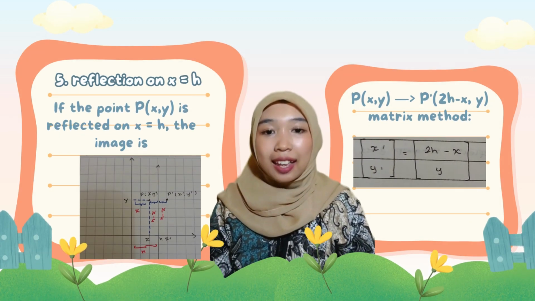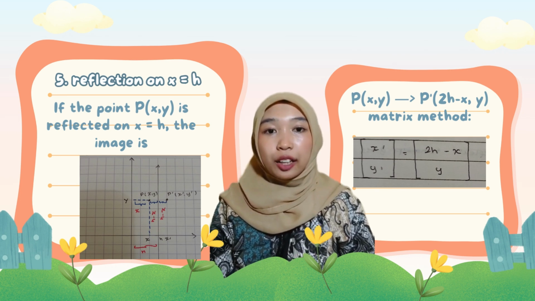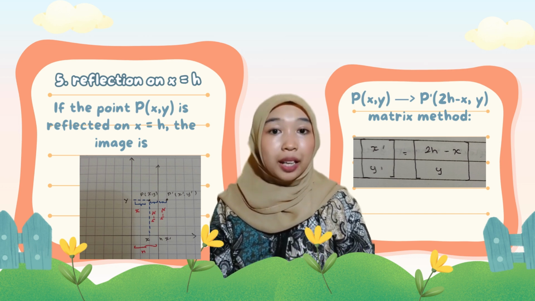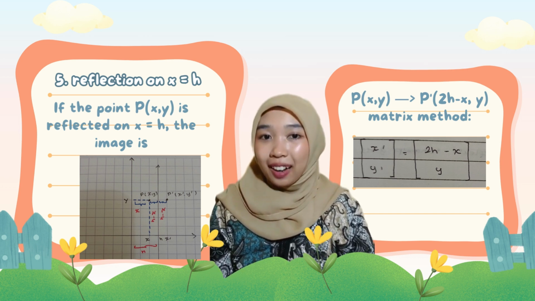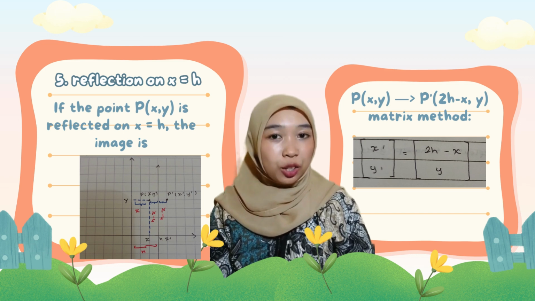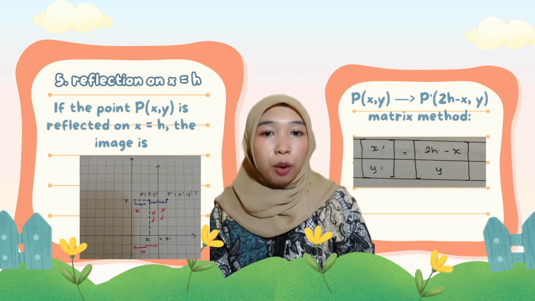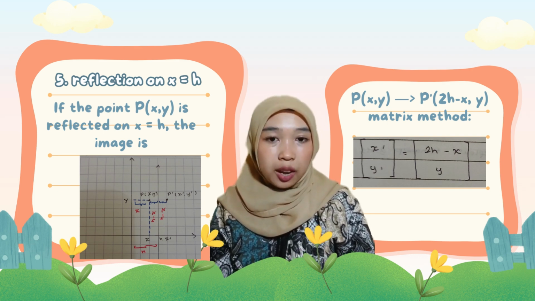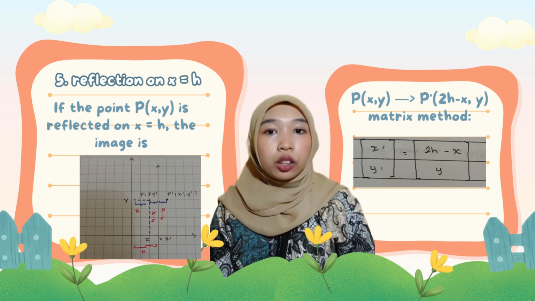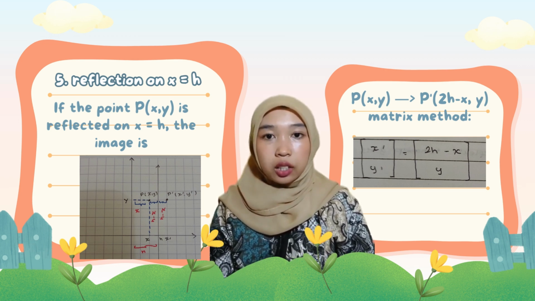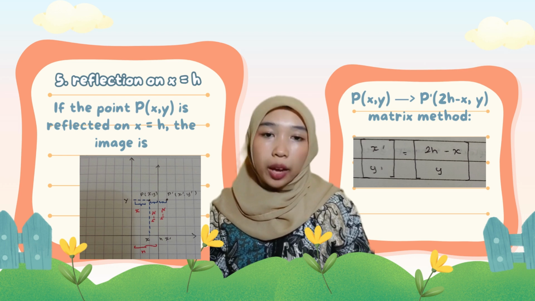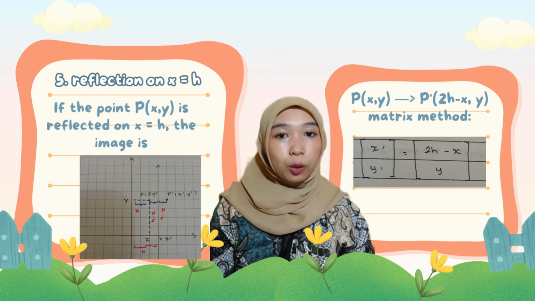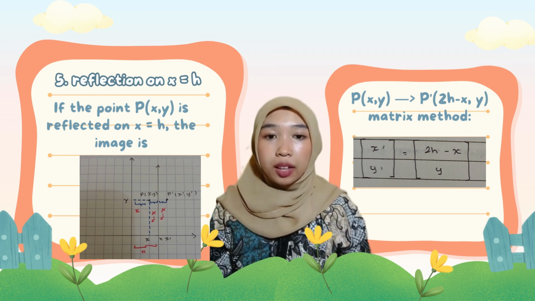Reflection across the line x equals h is a transformation where each point of a shape or object is mirrored over the vertical line x equals h. The distance from any point to the line x equals h is preserved, but the direction of the distance is reversed. The new point will have the same y-coordinate as the original, but the x-coordinate will be symmetrically opposite relative